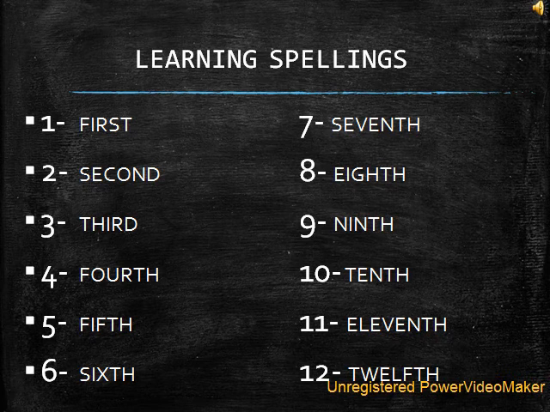Now students, you can see the difference between the number name and the ordinal number spelling. In the number name, we write 4 as F-O-U-R. In ordinal numbers, we add TH. Usually, we add TH as a suffix to every number. Suffix means at the end of every number name. Okay, let's continue now.